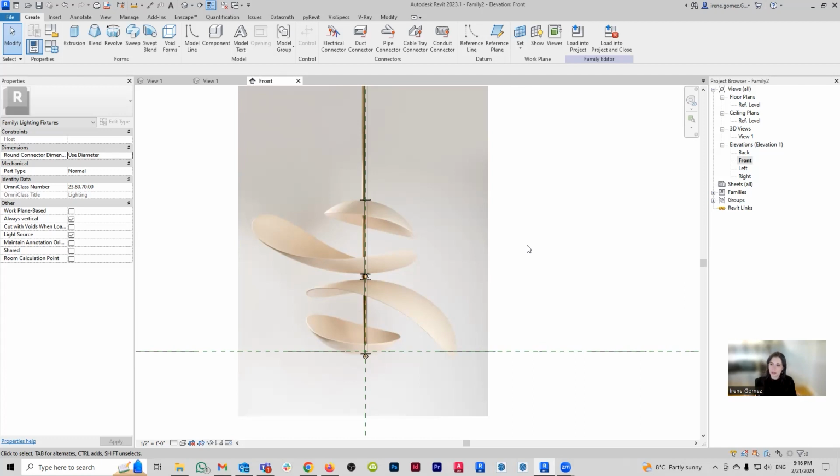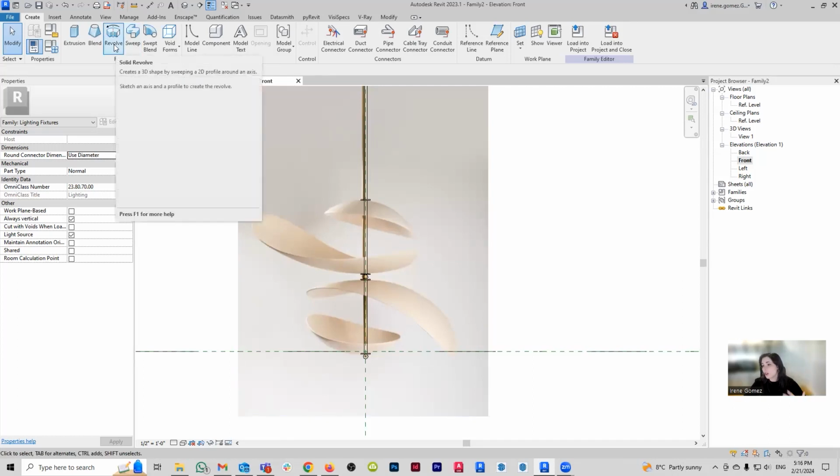So I can basically make this by creating a kind of watermelon shape. And then I'm going to use voids to take a bite out of that watermelon. So the way that we're going to make the watermelon is going to be with Revolve again, but this time, instead of modeling half a circle, we're going to model half an ellipse.